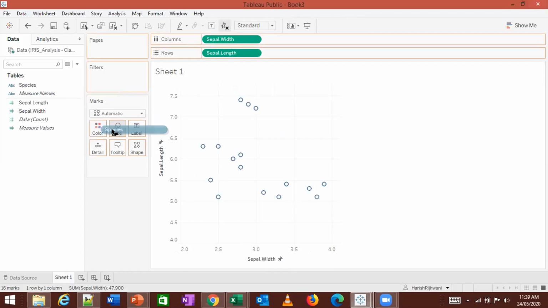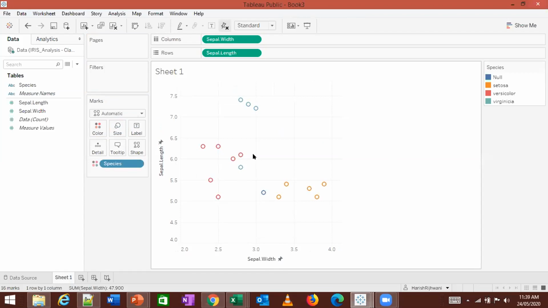Now let's say I put the species onto color. So when I look at this, right, I can make out the species. There are 3 different species. This is one, Virginica. There is one outlier over here. Over here all of the ones in red are Versicolor. Then you see Setosa, right? Now I have a new point over here, which is null, right? So what I have to do in terms of classification, in terms of core machine learning, is find out how near this point is to all of these points practically, right? But I can look at only 3 points.